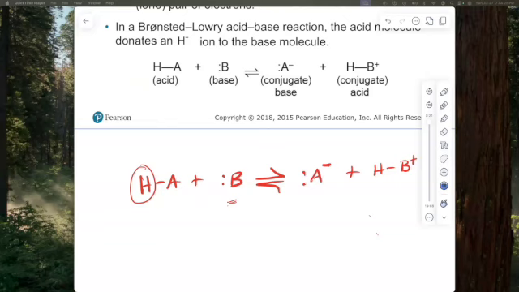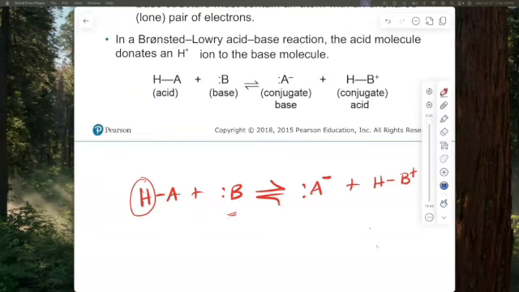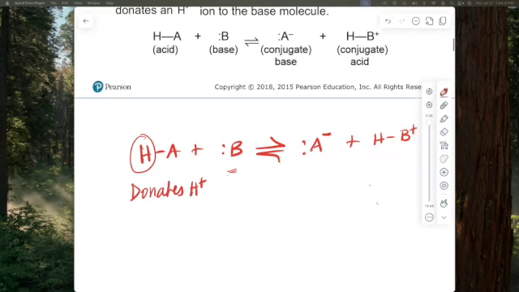HA will donate its hydrogen ion, right? So it donates the hydrogen ion because it's the only one that has a hydrogen ion. And when you look over here, the H plus is lost. So you know for sure, once it did the donation, this is what's left. And then B accepts